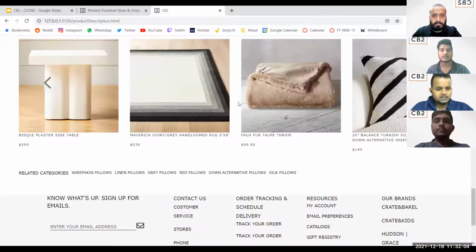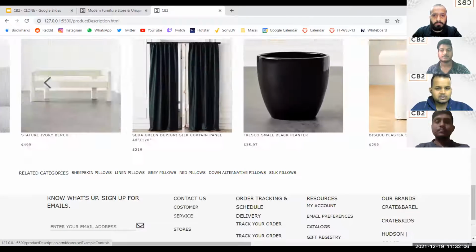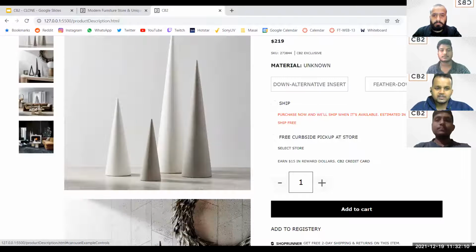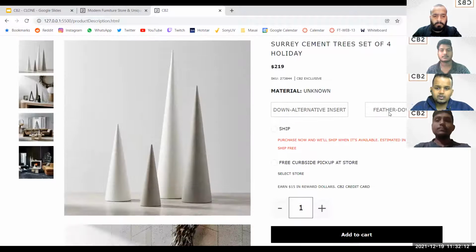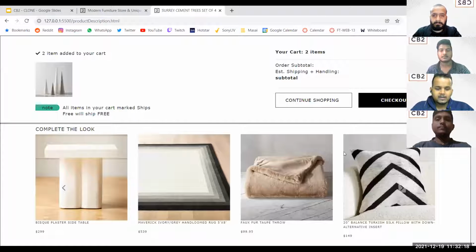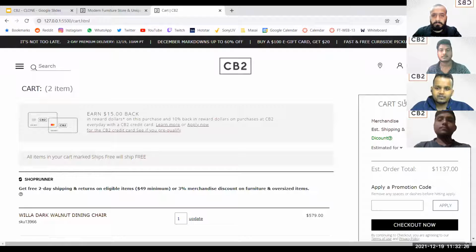So this is our product description page, and here we added some sliders, and if we want to add that product multiple times, we can do that. If we add that product by clicking add to cart, then the slider will appear, and here the price detail of that product is mentioned. Now if we click that checkout button, it will redirect us to the checkout page. From now Sai Prasad will explain.